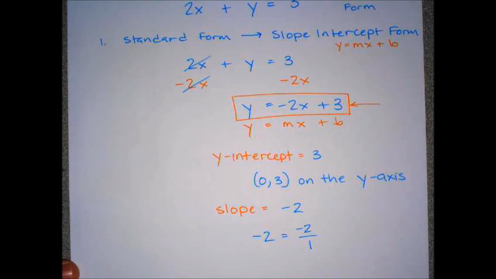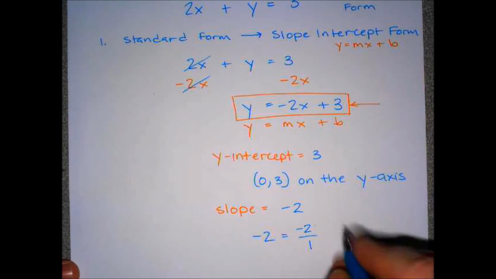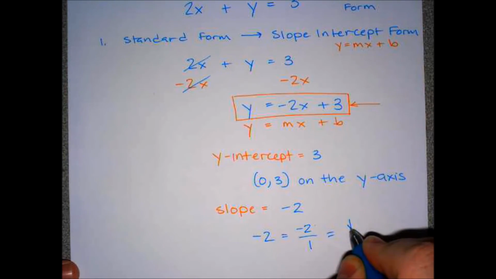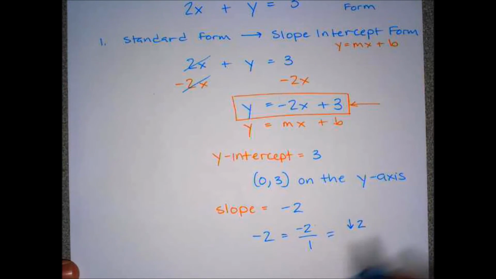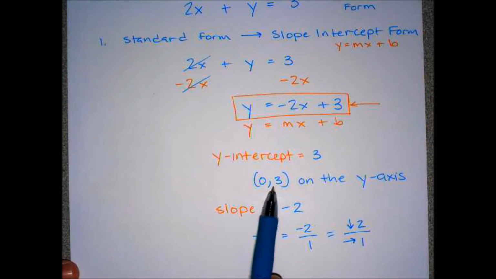The slope is rise over run. Now that negative 2 on top means we go down 2. That positive 1 on the bottom means we go to the right 1. Well, what that tells us is after we graph that point, we have to go down 2 points and go to the right 1 point, and we'll find the next point of the line. So